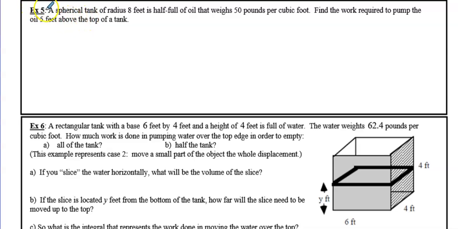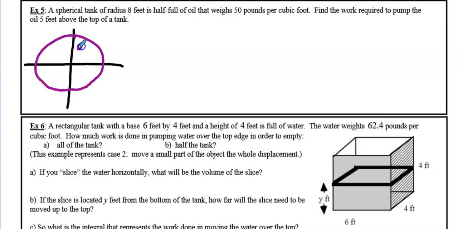Now, just like before, when I'm doing a right circular cone, I always make the corner or the base of our cone at the origin, because it's really easy to find the equation of our line in that manner. So if it's a spherical tank, my strategy for all of you is to make the origin the center of the tank. So I'm going to draw a spherical circle